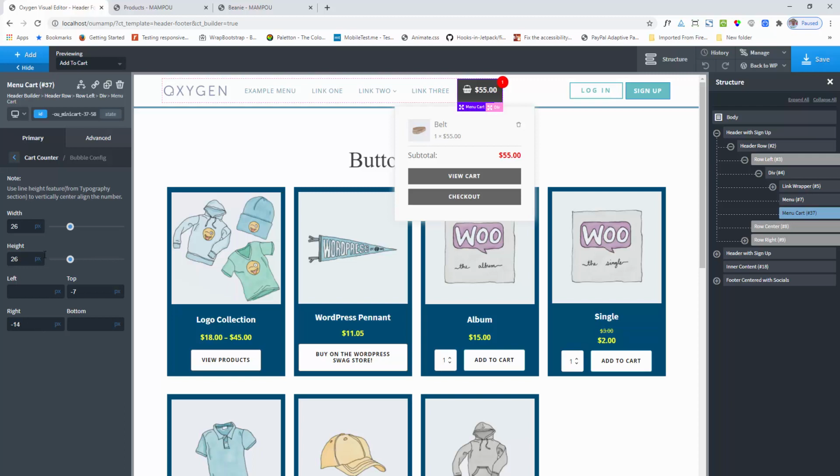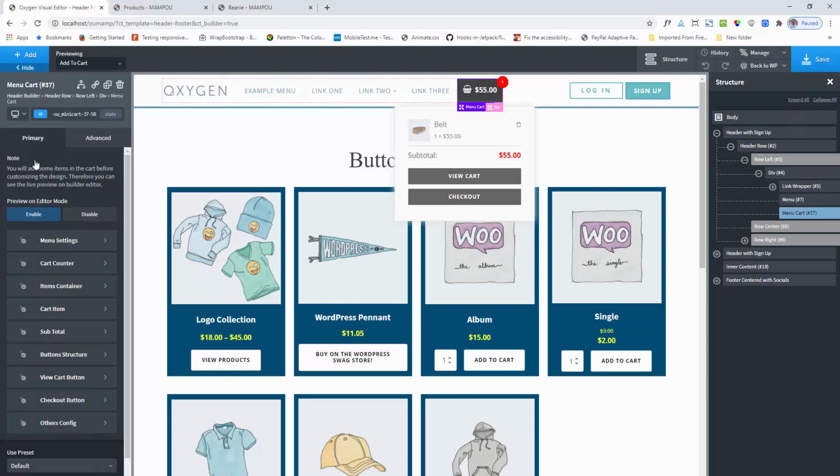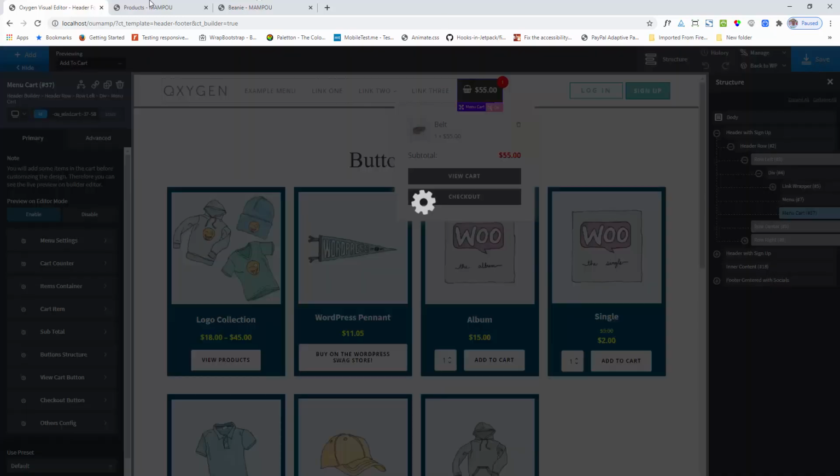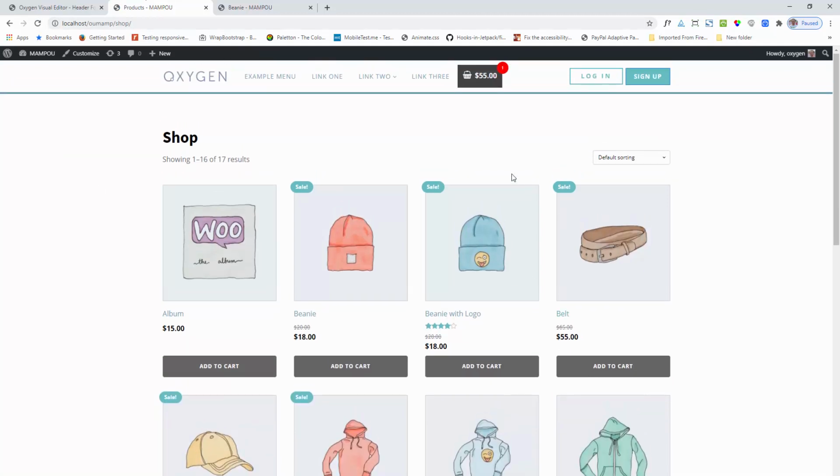Okay, this is the button settings. So if I save it and go to the front end, you can see that it is looking like a button.